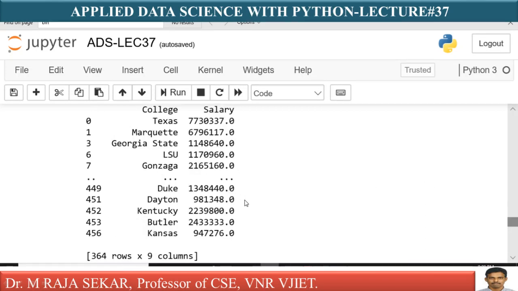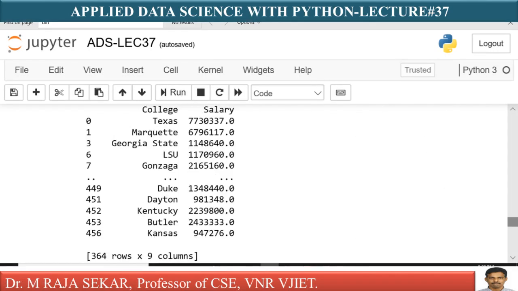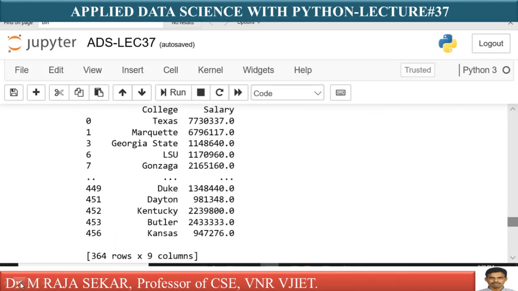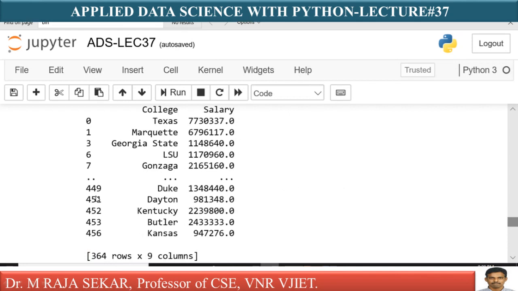Now let me check the table size. 364 rows, 9 columns. Initially how many rows? 458. Here 364. But the number of columns is the same. Therefore we dropped rows. It was 458 rows, now it is dropped to 364.